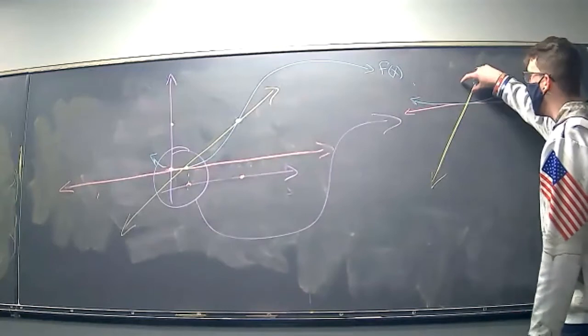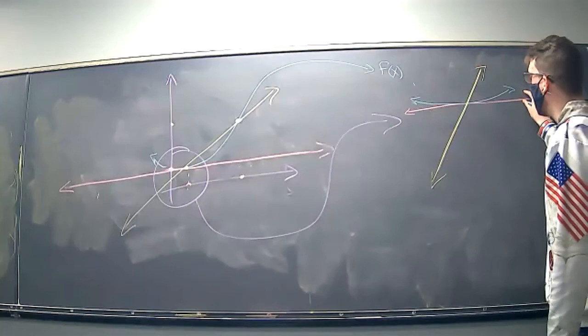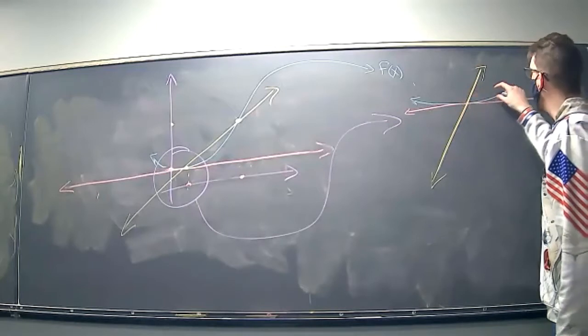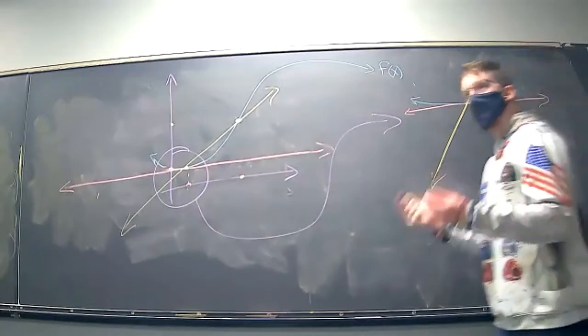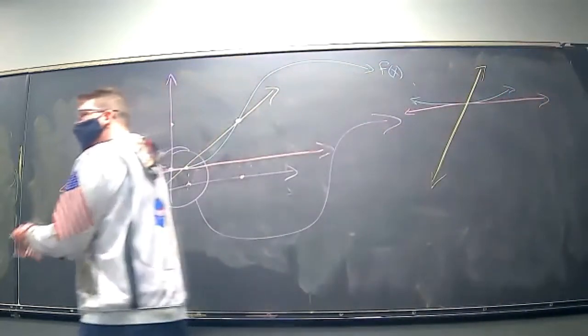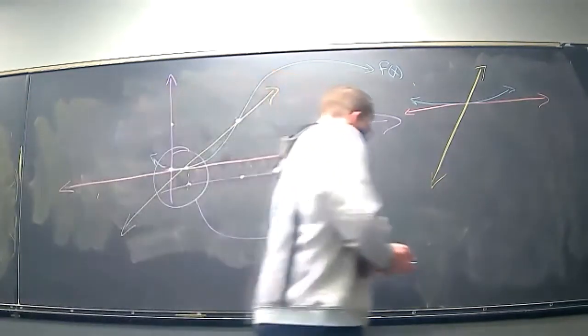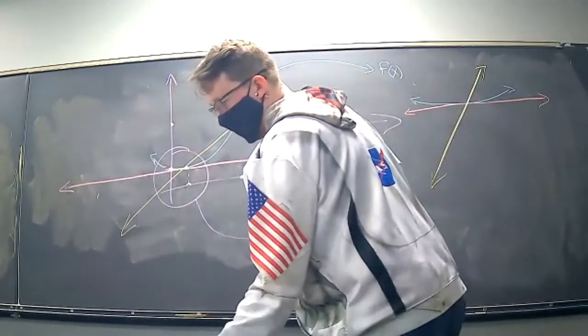Blue is still our function, yellow is still the secant line, and pink is our tangent line. Notice right around that intersection, you can't really tell the difference between our function and the tangent line. That's because they have about the same slope. They move in the same direction or close to it around that point, in the neighborhood of that point, which is an actual mathematical term. Another way, well, I'll show that in a second.